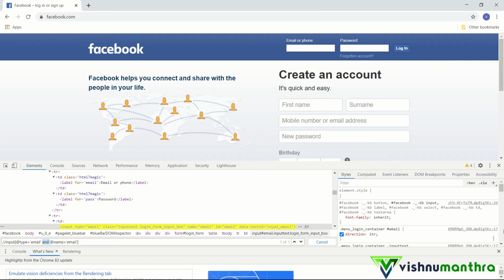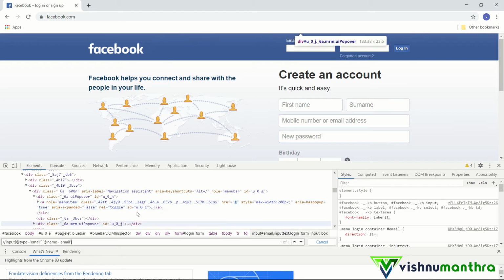We can also use OR. If you want to use OR, we can use the OR construct as well. We can simply close this bracket and open up another bracket. Okay, this way also it will uniquely identify this particular element. So what we saw: contains, then how to iterate through the structure with the forward slash, and how to combine two attributes to find an element.